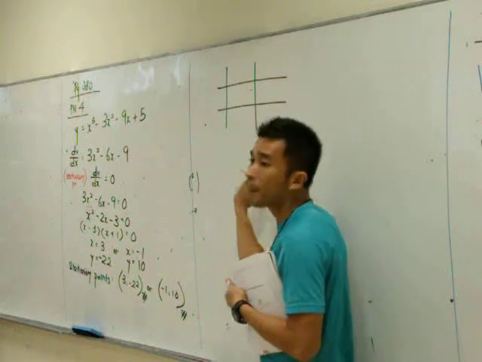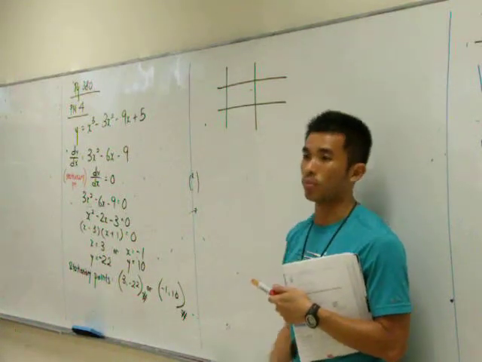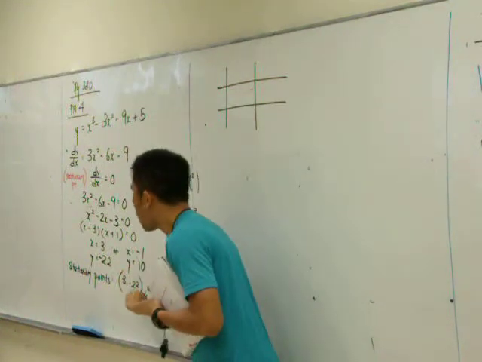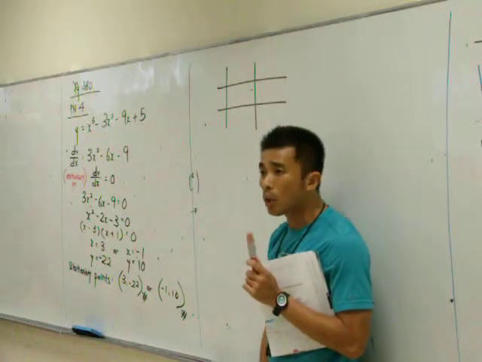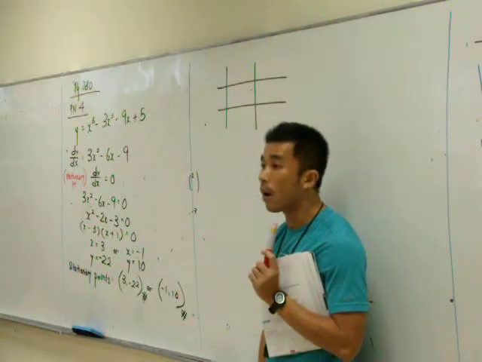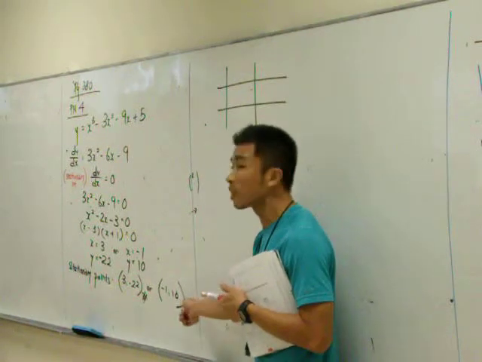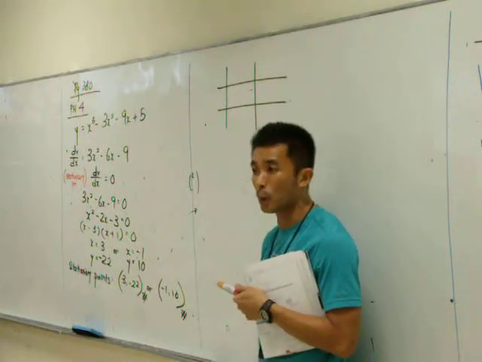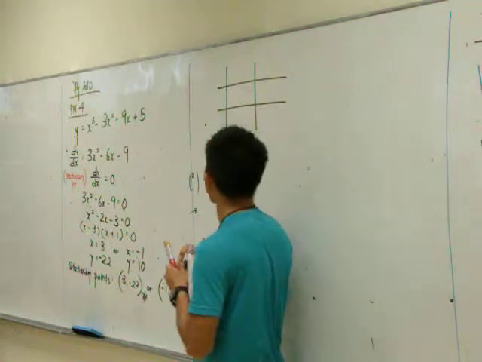Now, moving on, this is the part that is new. You need to determine what point is this. Meaning, is it going to be a maximum point? Is it going to be a minimum point or a point of inflection? Likewise for the second one. I'll do the first one for you first. We always take a look at x.